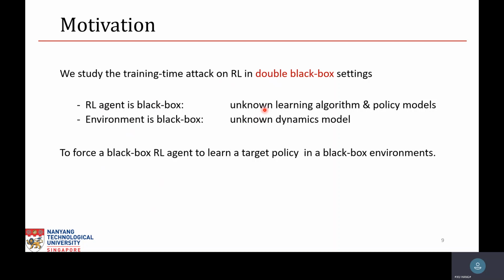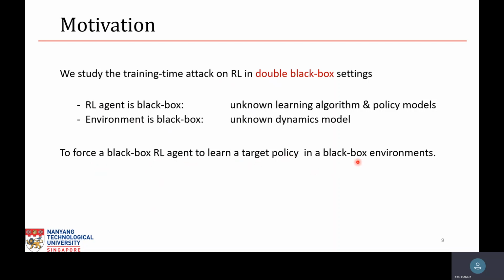We don't know how the agent learns its policy and what the agent's momentary policy is during its learning process. And the other is that we don't know how the environment models. So the training environment is also a black box to the attacker. So in the double black box settings, we want to force the unknown RL agent to learn a target policy